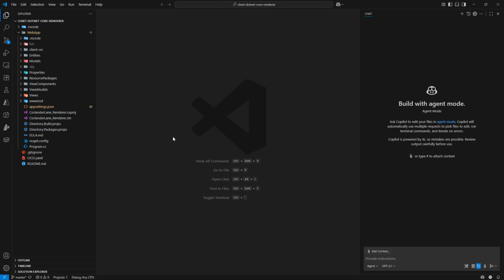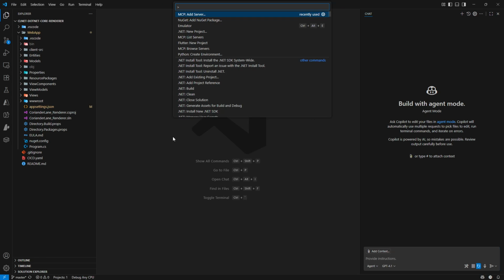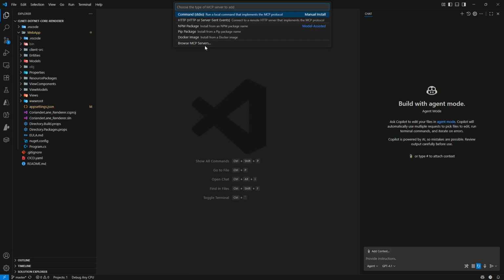First of all, Control-Shift-P to open up the command palette in here, and I'm going to look for something in the list that starts with MCP: add server. Let's go ahead and add that server. And then Visual Studio Code is asking me if I would like to use standard IO or the new streamable HTTP. The SSE one, which is the server-sent events, has been deprecated, so really it's between the standard IO,